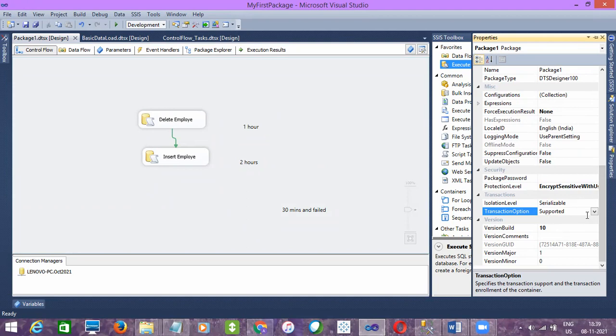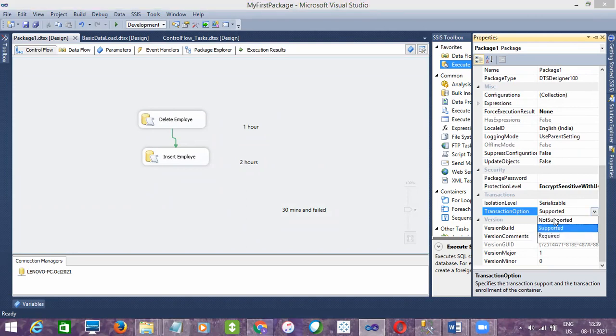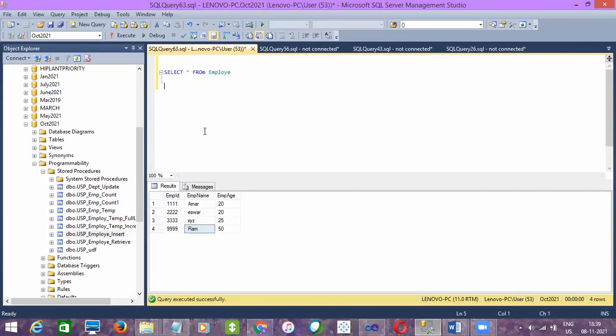There is an option called TransactionOption here, and you can see 3 options: NotSupported, Supported, and Required. By default, the option is Supported, which means it will support the transaction if it exists. I'll write down the 3 options here: NotSupported, Supported, and Required. NotSupported means the transaction doesn't exist.